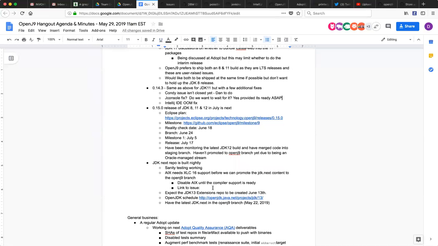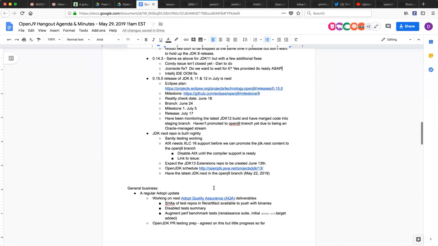So we should be in a reasonable state there and continuing to track the changes that are going in to OpenJDK. Are there any concerns or issues with the JDK next repo at this point? All right, that's good to hear.